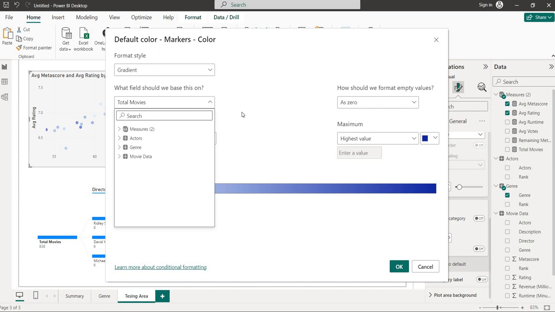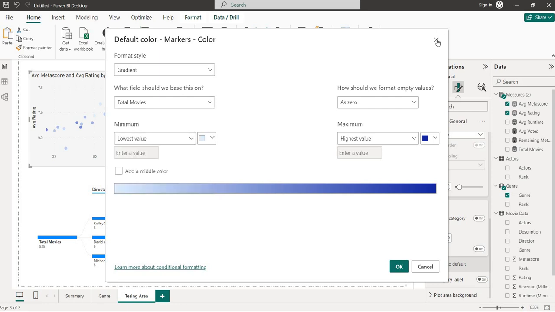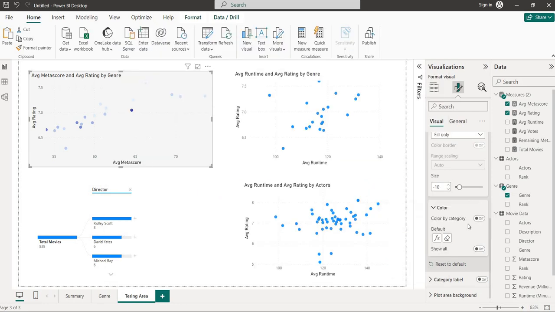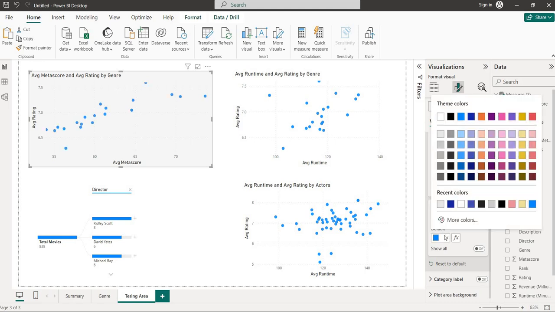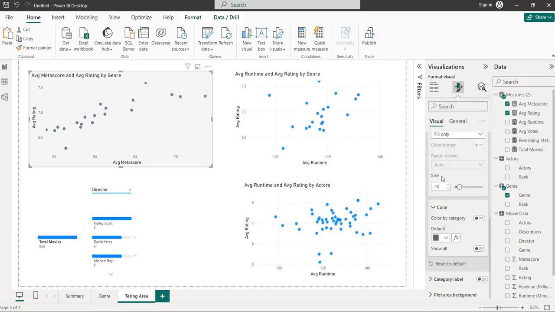Total number of movies. Let's not go for the category-wise. Color by category. Remove everything and go for this one.